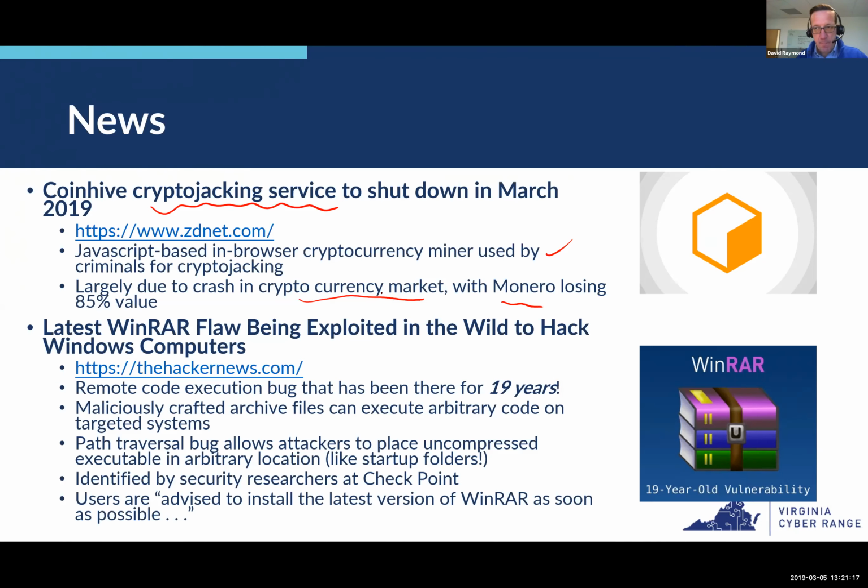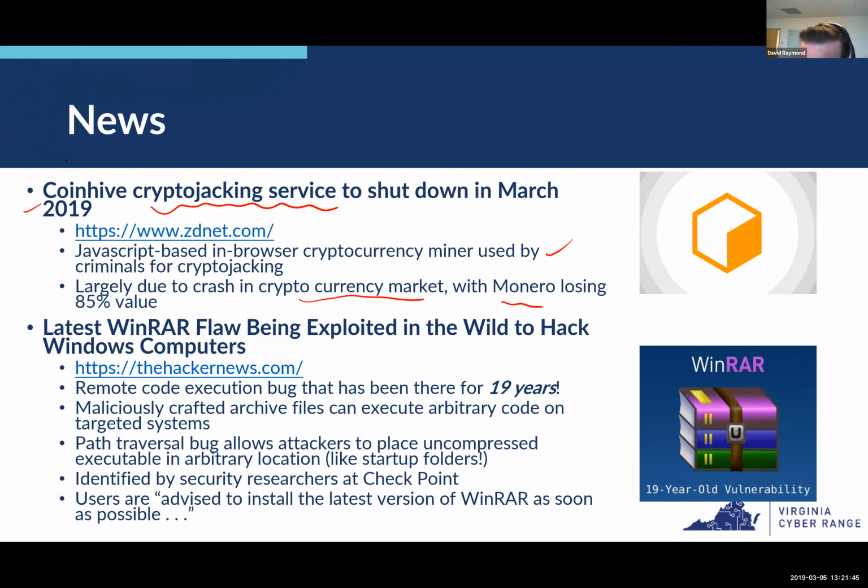And these people are betting that the value is going to go back up. So even though the currency isn't worth the spend on it right now, if the value of Bitcoin, for example, goes back up to $20,000 again, then those people are going to in the end make money. So it's like any other investment. They're betting that the market is going to turn around. So we'll see what happens.